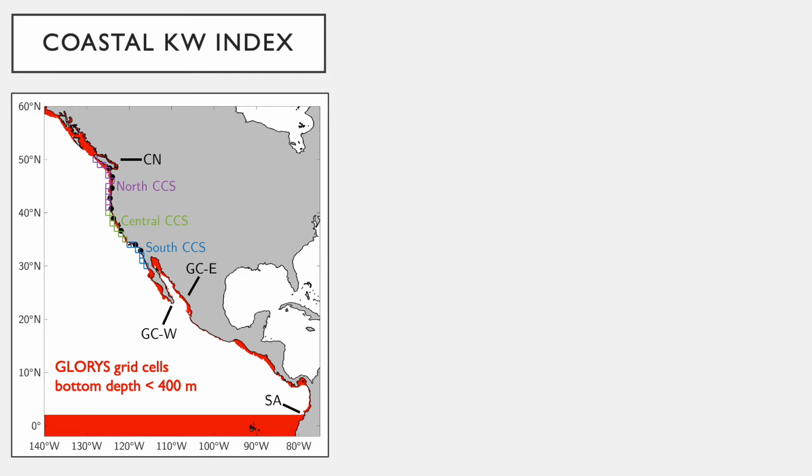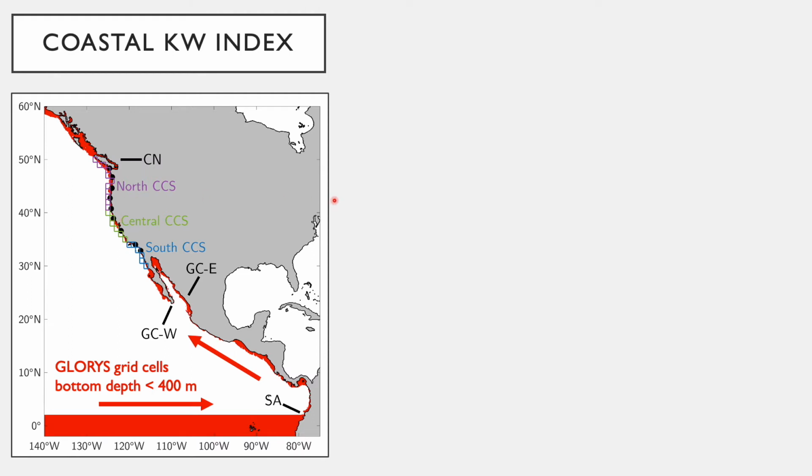So to do that, we're going to develop a coastal Kelvin wave index, and we're going to use the GLORYS ocean reanalysis product to accomplish that. Basically, what we're going to do is take sea surface height anomalies along this red pathway here from the western equatorial Pacific to the eastern equatorial Pacific and then along the North American coastline, tracing the typical pathway taken by an equatorially trapped Kelvin wave generated by, say, a westerly wind burst that makes its way all the way across the equatorial strip, running into the South American coastline, and then converting its energy into a coastally trapped wave as it propagates up the North American coastline, and ultimately entering the California current system.